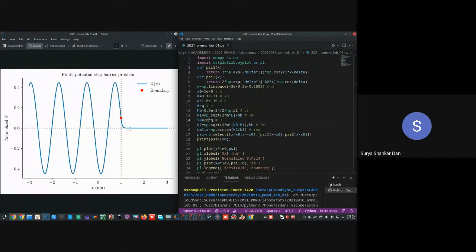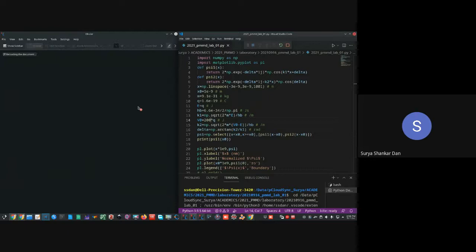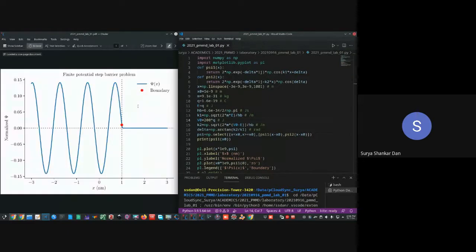I told you that if the barrier height becomes infinity, याद है ना, in the class we have said infinite potential well barrier. तो infinite के बदले में एक काम करते हैं, let's put another 0 here, 200 times. Let's see the probability, I mean how much of tunneling will be happening. Okay, so now if you notice, the amplitude has become 0.15, and here it is much less. Okay, so that is also 200 electron volt, and the energy of the particle is 1 electron volt.